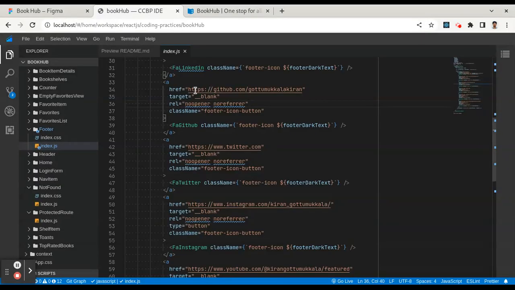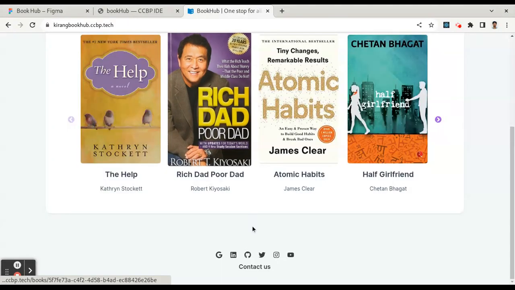The entire developed code is pushed to GitHub, and you can access my GitHub account by clicking on the GitHub icon. It will navigate to the GitHub account. So you can see